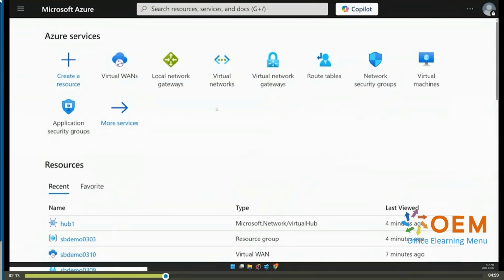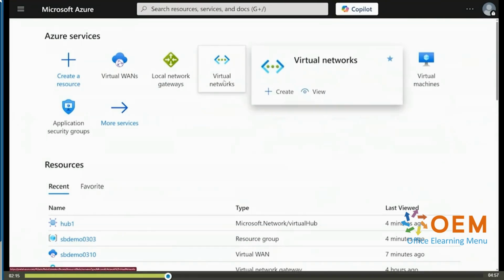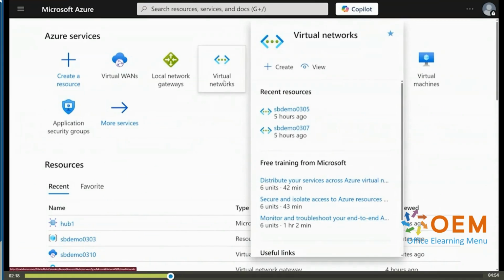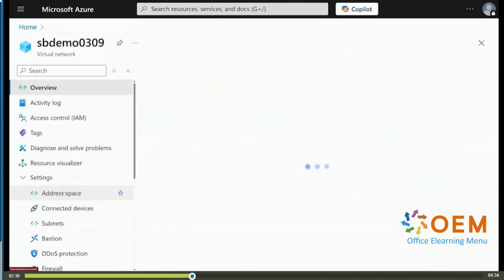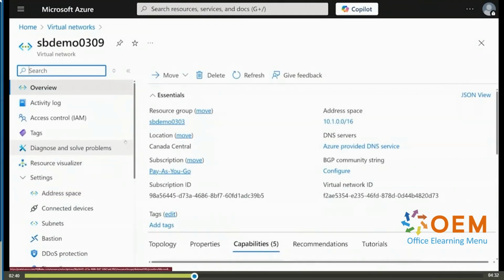So the first thing we need, as I said before, is a virtual network. I have the Microsoft Azure portal open in my browser, and I'm just going to walk through a few of the resources that we've created throughout this course, just to give you a hint of the types of things that you need to establish that VPN connection. As I said, the first thing you're going to need is a virtual network. As you can see, throughout this course we've created a few virtual networks of our own. If I click on SBDemo0309, for example, we can see that there is a virtual network that has its own address space of